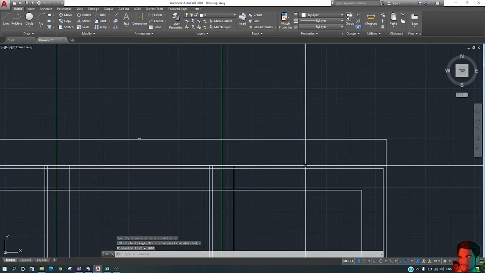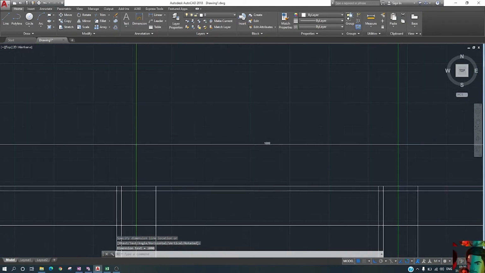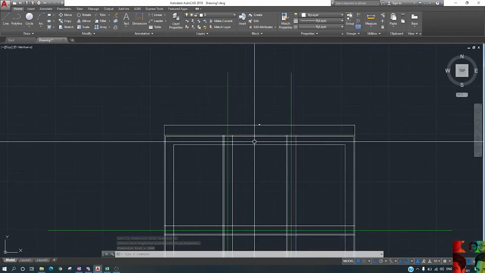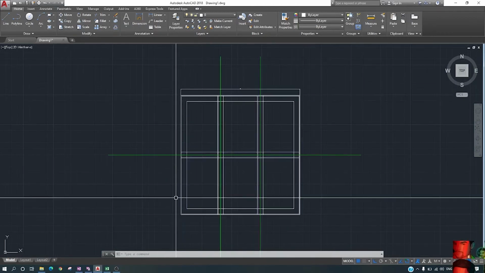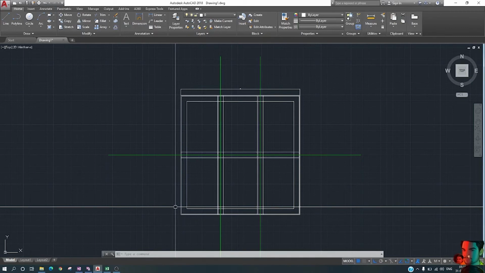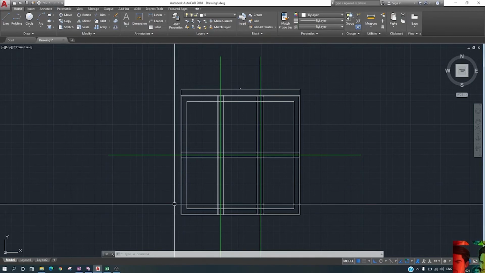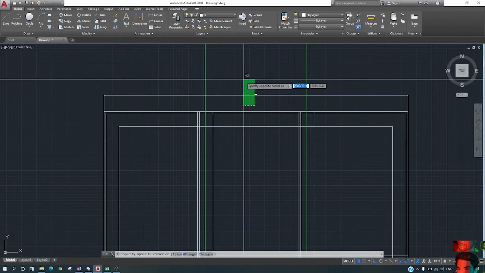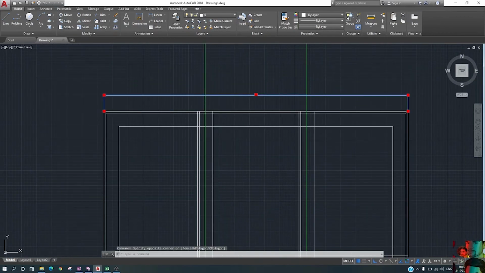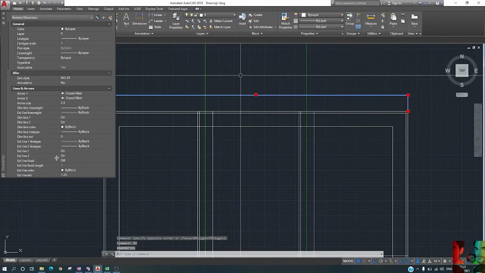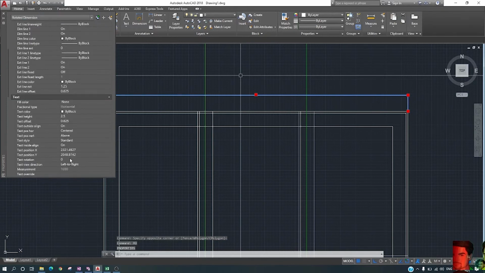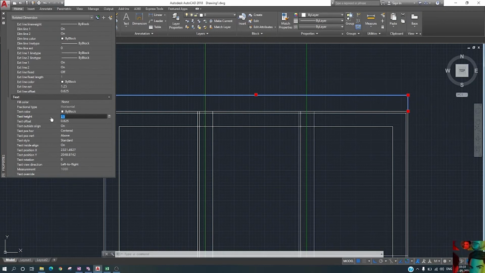We open dimension. As we see, 1000 mm. This is also 1000 mm because we selected a rectangle. To increase the dimension size, just go to the properties command, MO. Select text height, about 25.